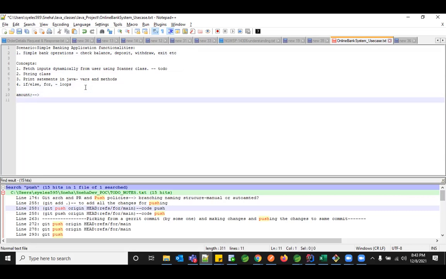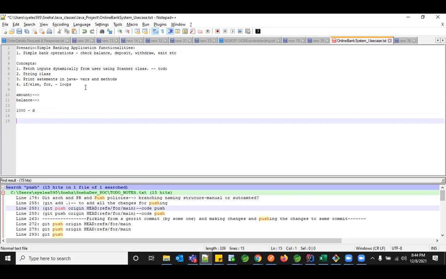And then the second thing, you need to have something called balance to do your operations. Say the user is inserting 1,000 rupees as a deposit. You need to add that to his existing balance, so balance equals balance plus that deposit. If he's withdrawing, then balance minus that withdrawal amount. And whenever he comes to check his balance, you need to print your balance. So to perform any kind of operation, we are dependent on these two attributes.